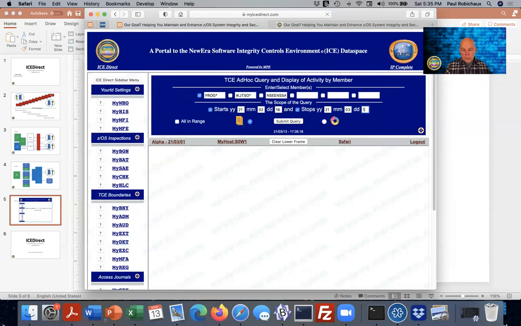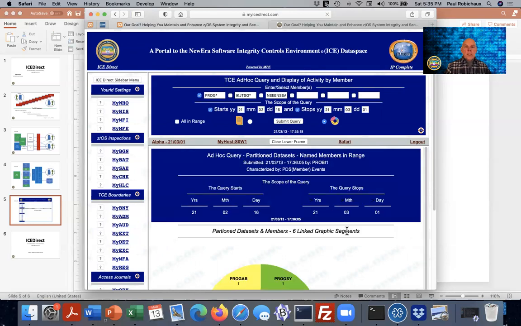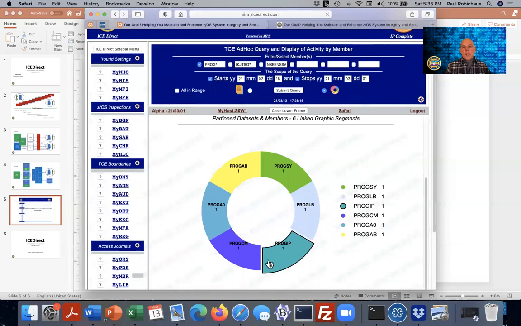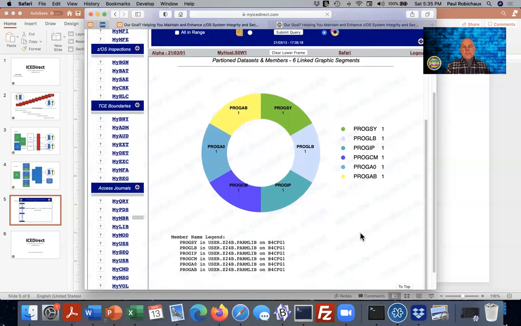I haven't run this search, so I don't know what it's going to produce. I hope it produces something. And we're going to ask for our results to be presented in a donut chart. And it comes back and it says, yeah, I've got some. Here they are. And they're all hot linked. So I can either select them from the individual segments here, or I can select them from the legend. And if I select one,